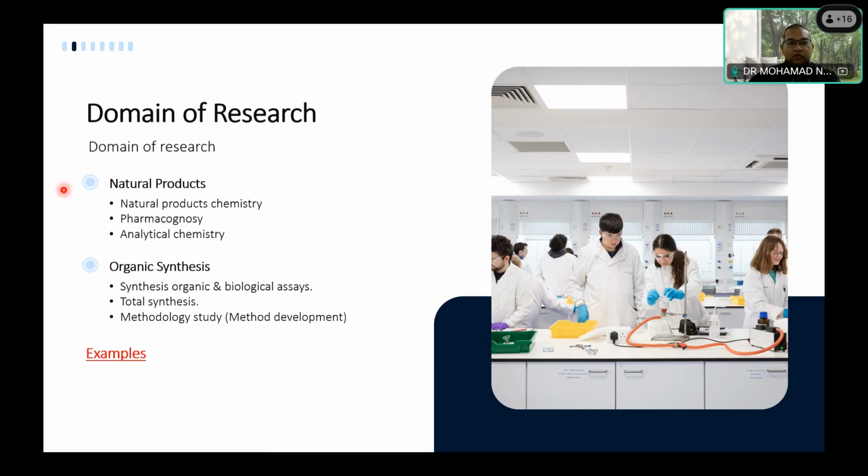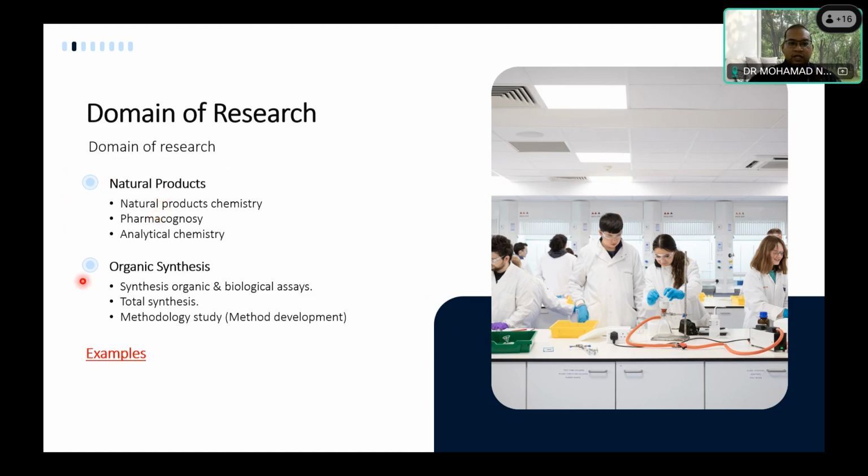Along with that, we are also using analytical chemistry, so we have NMR, IR, and also recently we tried to do some computational chemistry. We will explore this from time to time, and hopefully everybody can join.